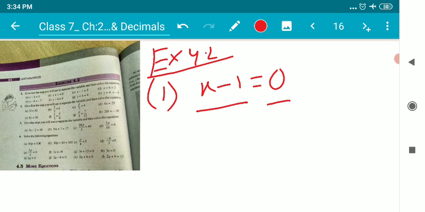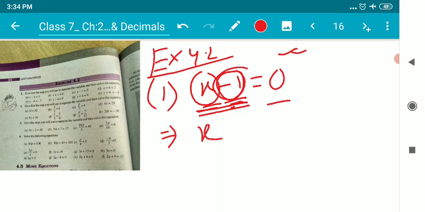So children, this left hand side contains a variable as well as a numeric value. The variable is x and the numeric value is minus 1. And the right hand side is only a numeric value. So what will be the first step to remove this numerical value from the variable? The variable is attached with the numerical value because it's x minus 1, so the numeric value is in operation with the variable. So I need to separate this number from the variable. So what will we do, children?